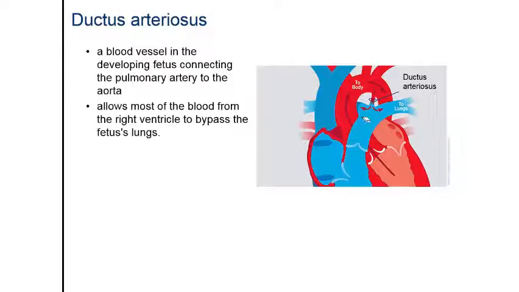In this case, there's a shunt that connects the aorta and the pulmonary artery, and this connection is called the ductus arteriosus. Rather than sending the blood to the lungs, the baby's blood would skip that and go directly into the aorta, because again, the mother is responsible for reoxygenating the baby's blood, right? This should close when the baby is delivered, but sometimes it doesn't close quick enough, and it is still connected for maybe a few days, and that creates turbulent flow,